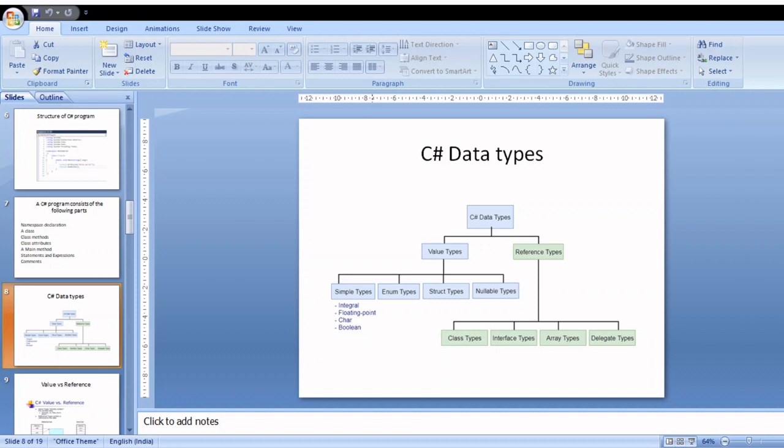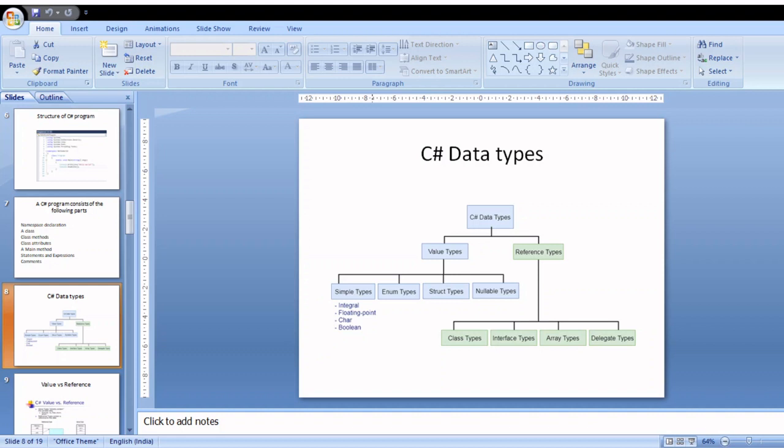which holds only the integer numbers like 123, 5639, -96, these kinds of fixed values or integer values, numbers without decimal point. The size of the values that can be stored depends on the integral data type we have chosen, because under integral data type you have again two categories like signed integers, unsigned integers.